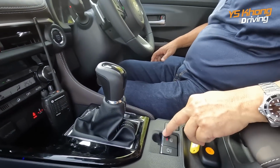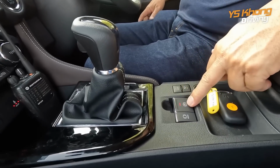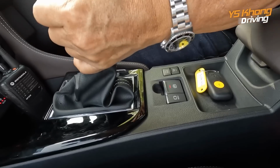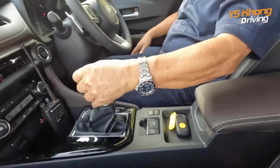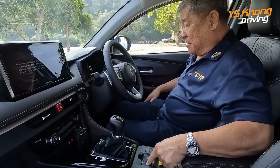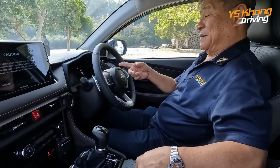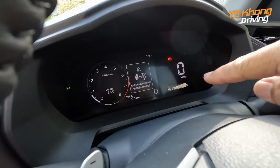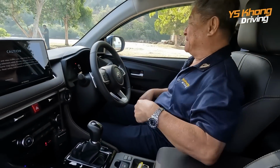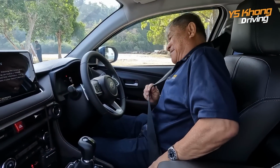Now the other feature that's interesting is now we have electronic parking brake, and then we have the auto hold. Now what's good about auto hold is if you're in gear, okay, let's go into gear first. Okay, if you're in gear and you have the auto hold on, now there's a safety here. Brake hold unavailable, seat belt is unbuckled. Wow, this is safety. So I have to buckle my seat belt,